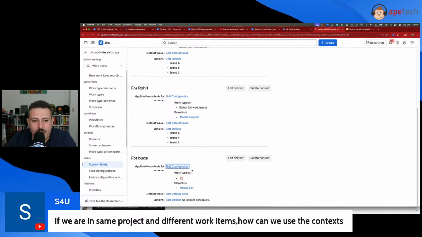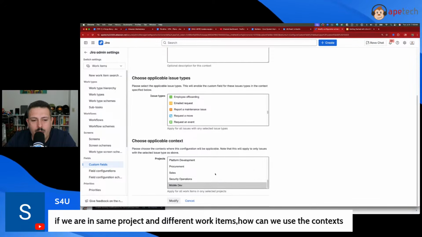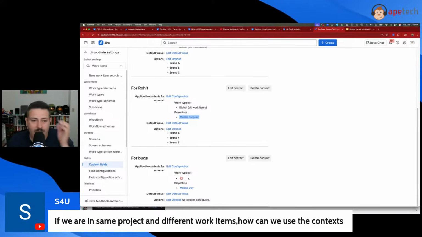Now, what's interesting is you'll notice that my mobile program is not available, right? And that's because it already has a context. Remember, I was telling you, you get one freebie, right? You get one per project. And so my mobile program already has a context, and that's it. And so if you wanted to have a different value for a story, and then for a task, and then for a bug, you want 3 different values, that's not possible. Not at least